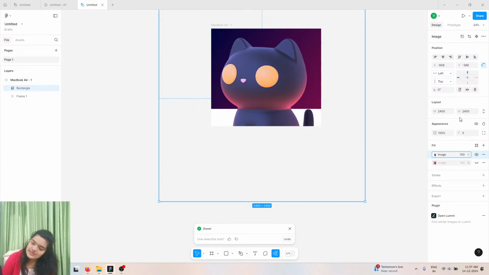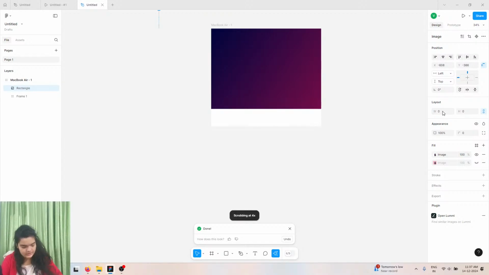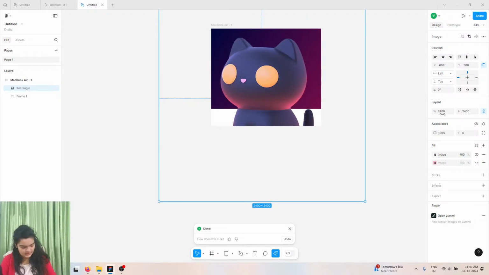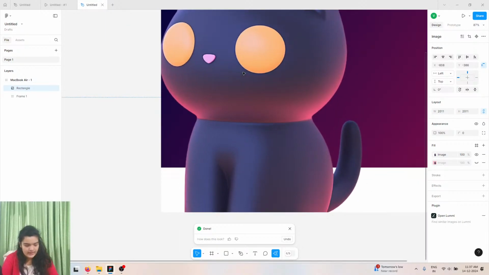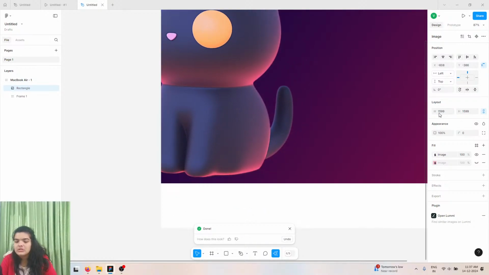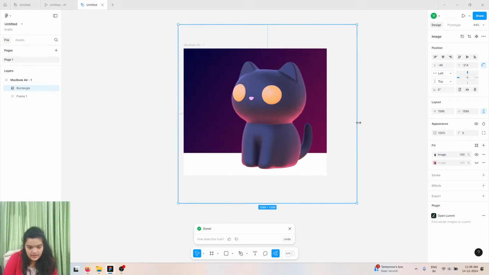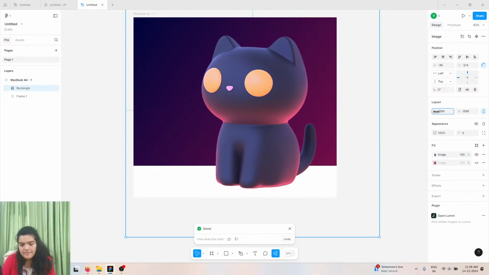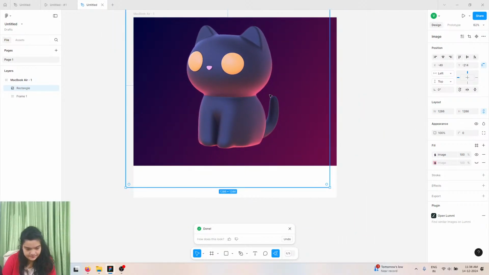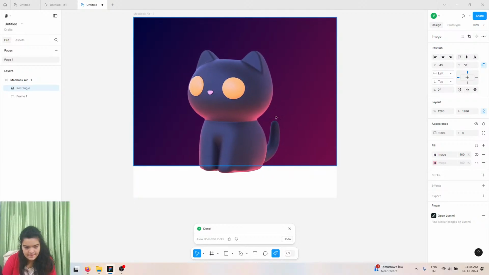Again, before we resize this character, we need to make sure the width and height is locked. We're going to reduce the width by a whole huge number. Oops, I feel like we did a little too much with that. Let's get rid of some width, zoom in. Again, it's really important you don't set this to 0, because once this goes down to 0, it gets really hard to get the image back up again. And so we're just going to make sure we zoom in, make sure to reduce the width, put this right here in the center,